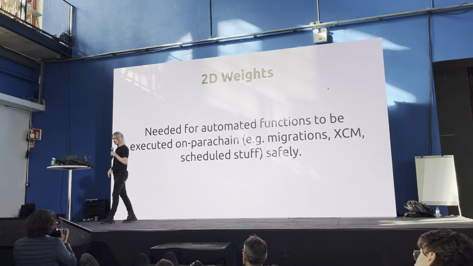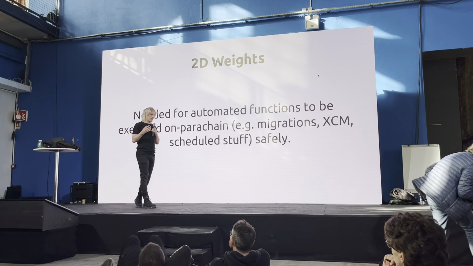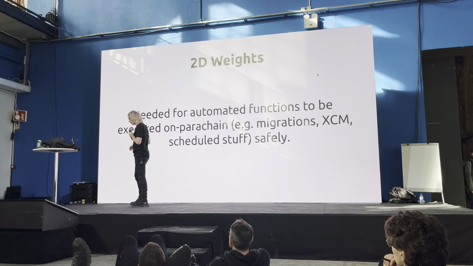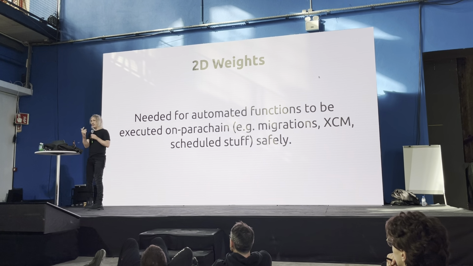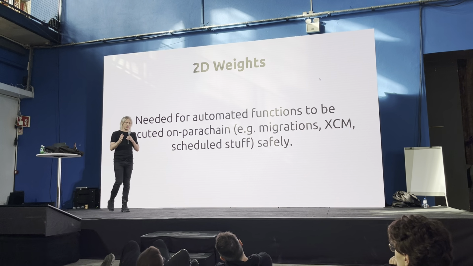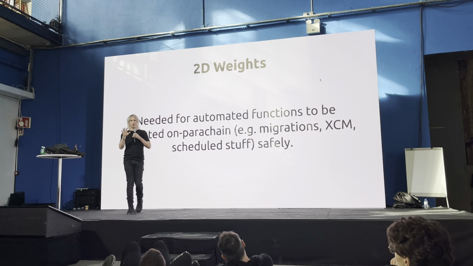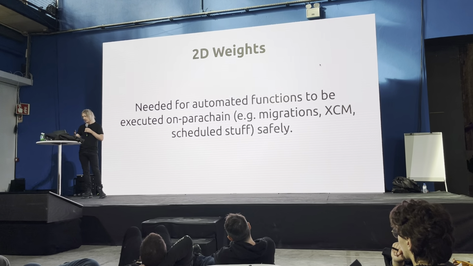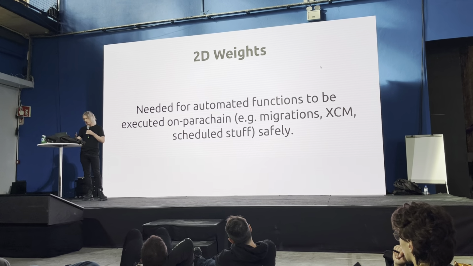The way we're doing it at the moment is we're basically fudging it. We've got some very, very conservative limits that restrict what XCM can do, that restrict the amount of XCMs that can be executed, and we're really not using the scheduler too much in order to reduce the chance that a mandatorily scheduled operation would bloat this proof of validity block too much.